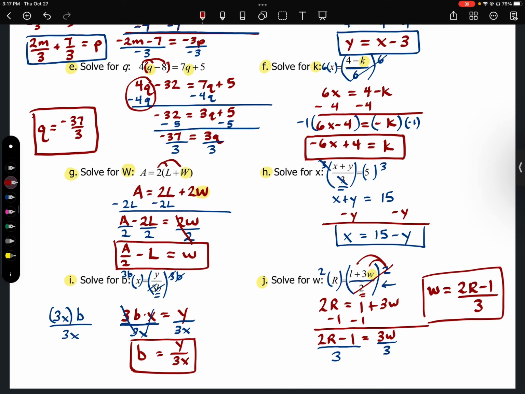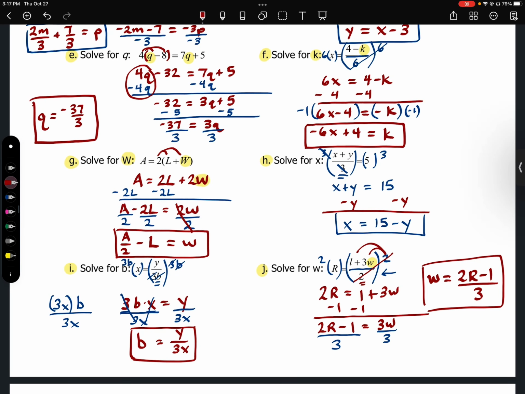If you have additional questions on some of these, please make sure you reach out. And there may be some other variations on some of these answers that I don't have written down, so please ask about those too if you think you may have gotten it right. For instance, this one could also be 2/3 r, or 2r divided by 3, minus 1 over 3, and I would still consider that to be correct as well. All right, so any other questions, please make sure you reach out or go to Math Help